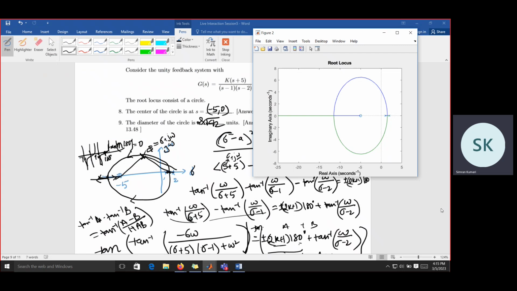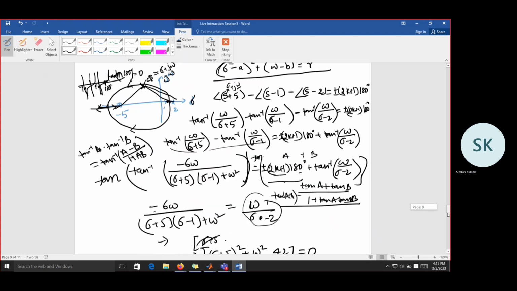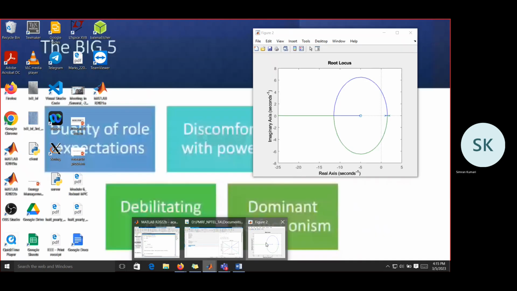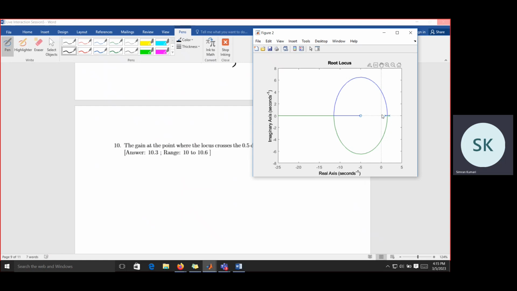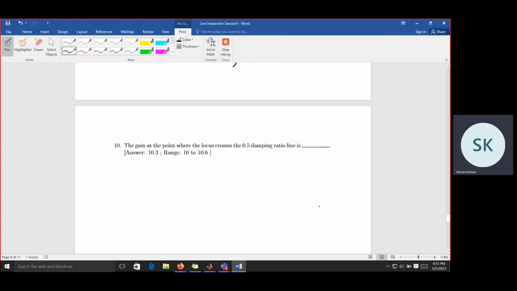Now it is asking, what value of k can we find for zeta equal to 0.5? So what will be the gain? For zeta equal to 0.5, there will be some line like this. It is crossing through the origin and it will cross the root locus at this point, and this cos theta will be equal to 0.5. So that is one way that we can do. We can plot a line with that angle and do this,